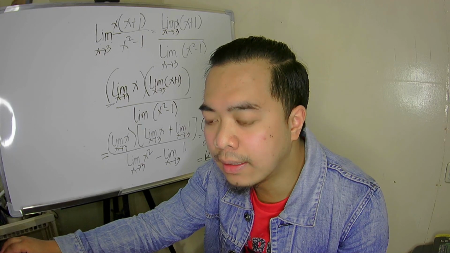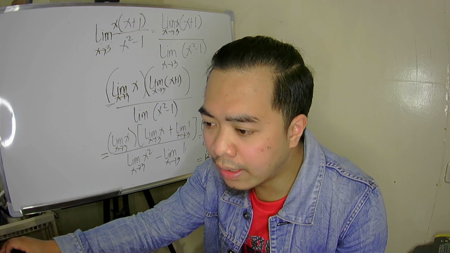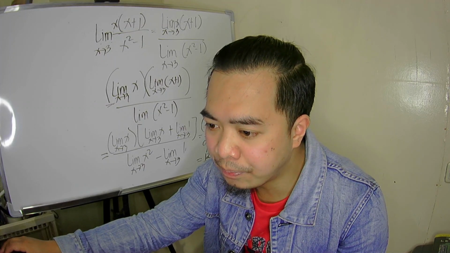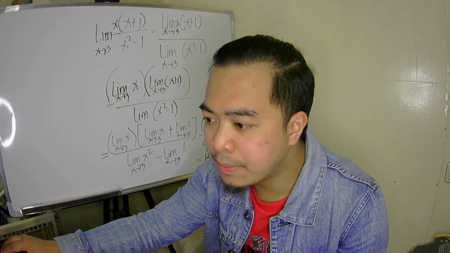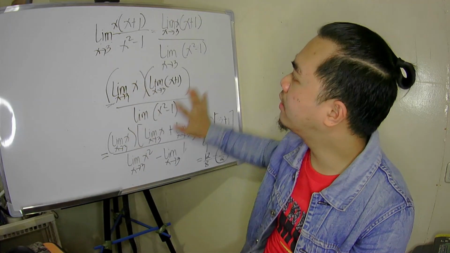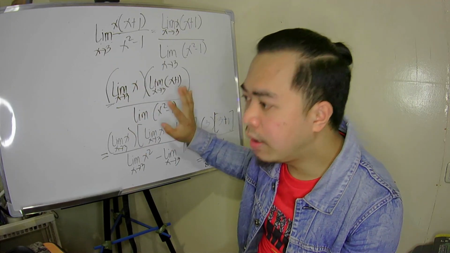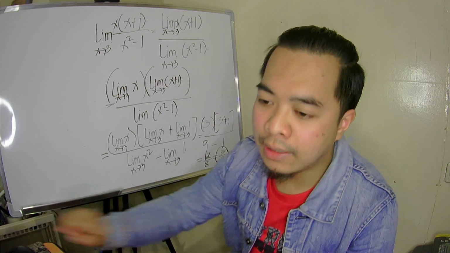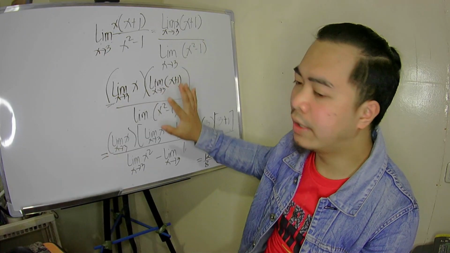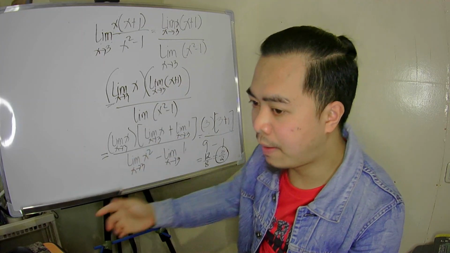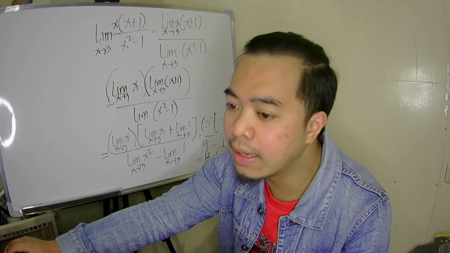Let's move further with the strategies, no? That is because this is the long method of computing or evaluating the limit. I put the strategies there so we do not need to do this. This is very long. This is applying the properties. There are suggestions here that we will apply.